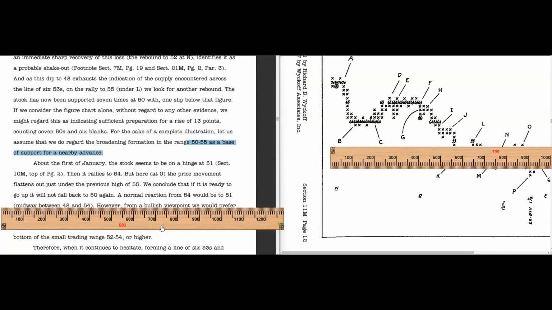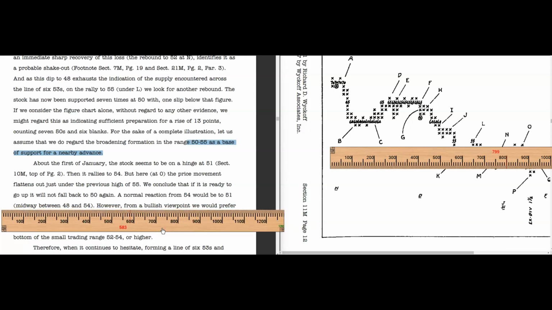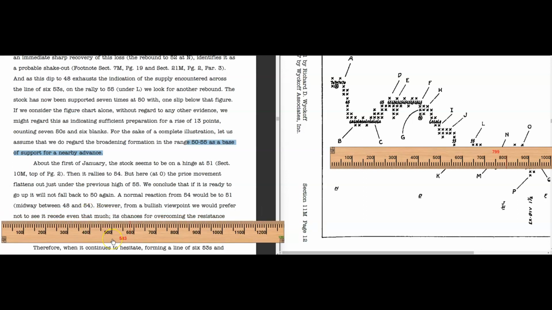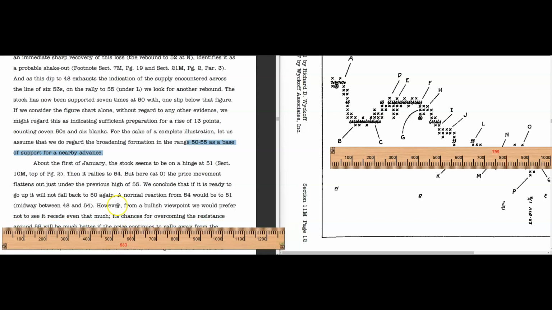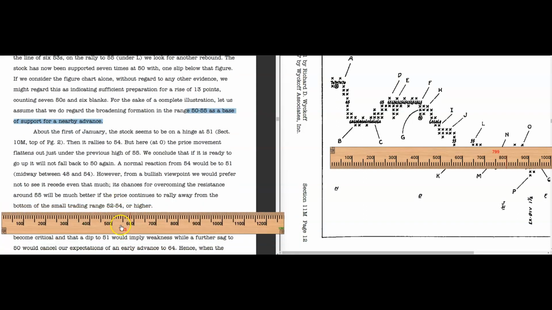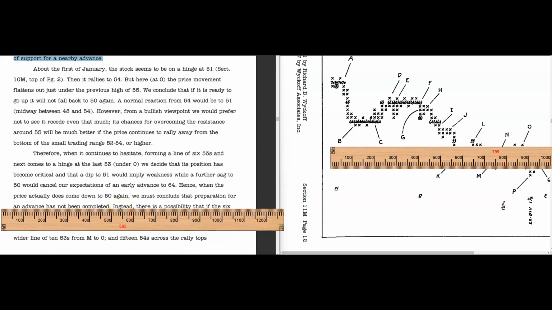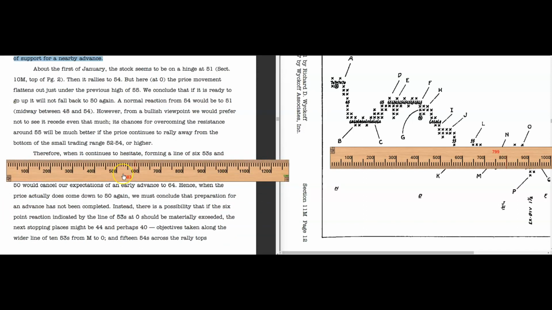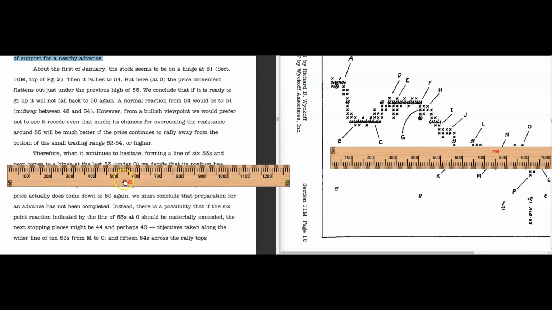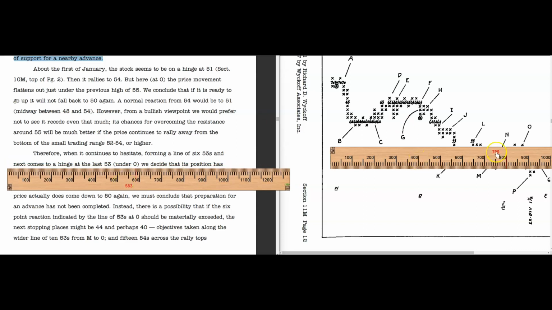54 to 51. It's basically a halfway move back. However, from a bullish viewpoint, we would prefer not to go that low. You just don't want it to go back to support. All right. Therefore, when it continues to hesitate, forming a line of 653s,